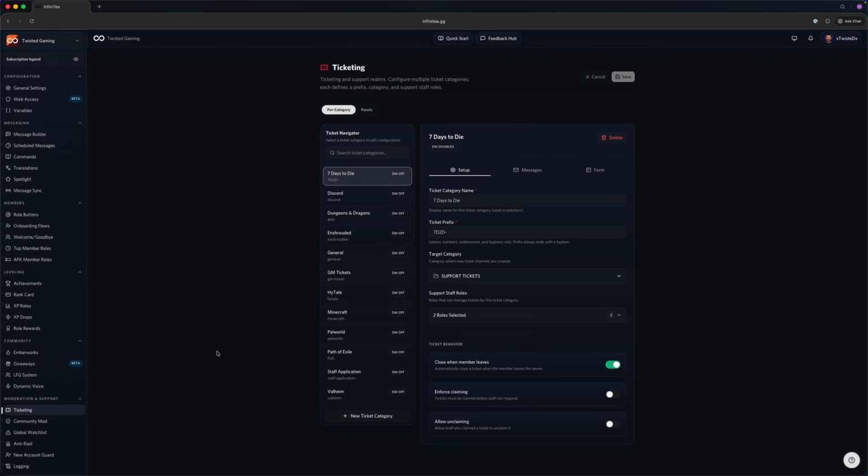The ticketing system in InfiniTea is a robust way of managing support workflows through your community in your Discord server. The functionality here is essentially you have to create a ticket flow, if you will. So you'll notice that we've got several of them: 7 Days to Die, Discord, Dungeons and Dragons, and so forth. From here, you can go through the setup and follow each one of the steps to configure the options available